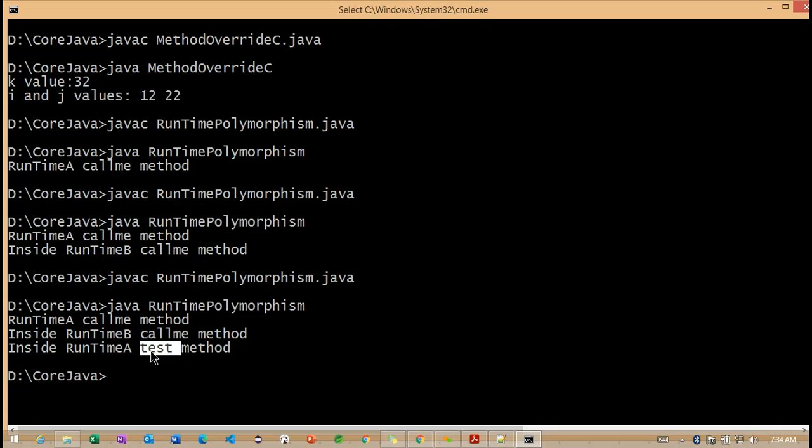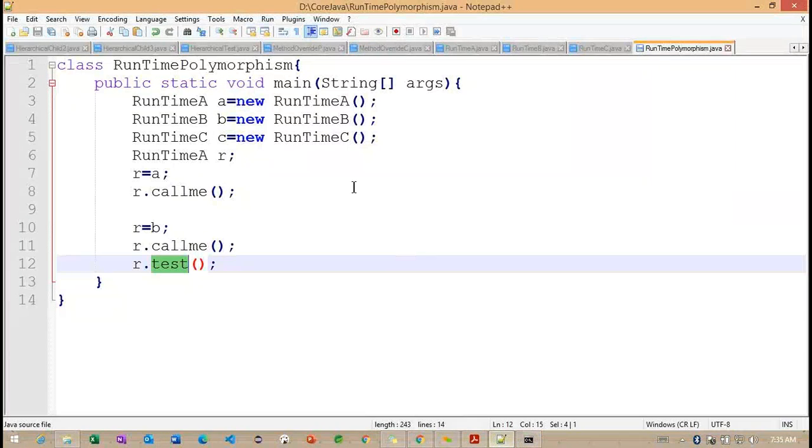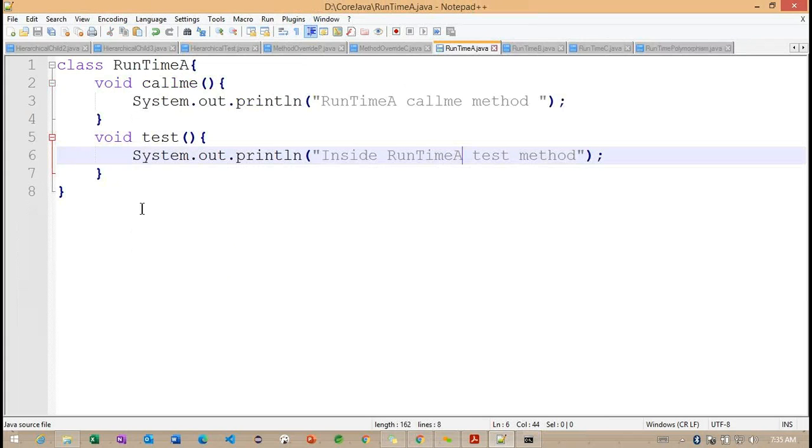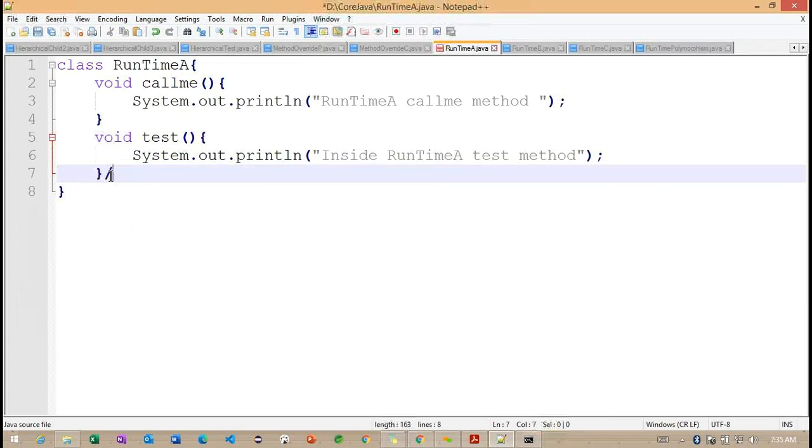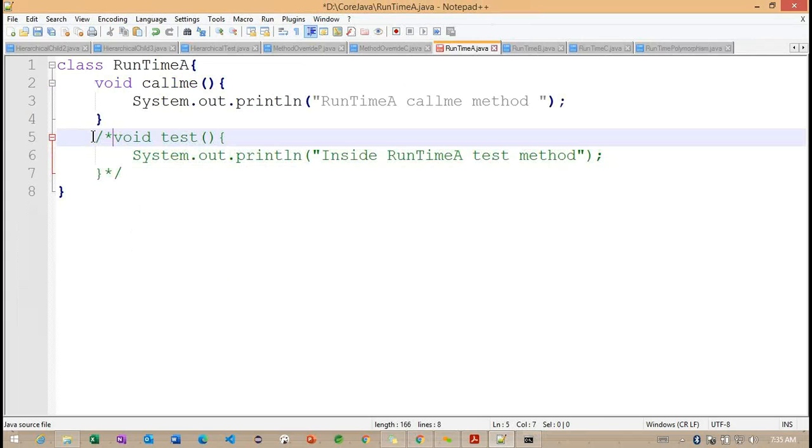If in the superclass also we don't have any test method, what happens internally?